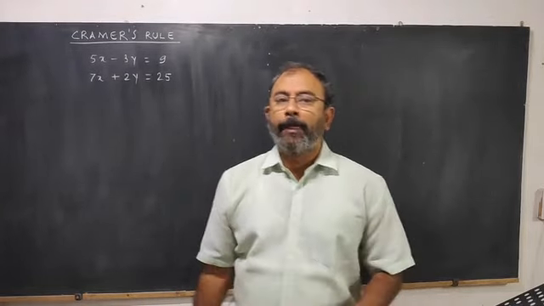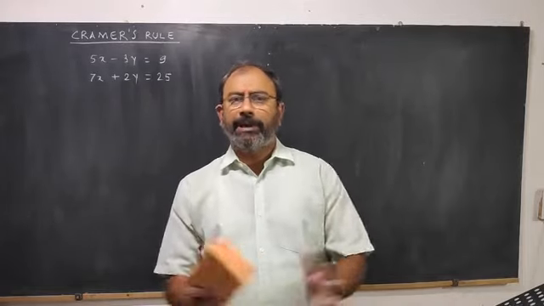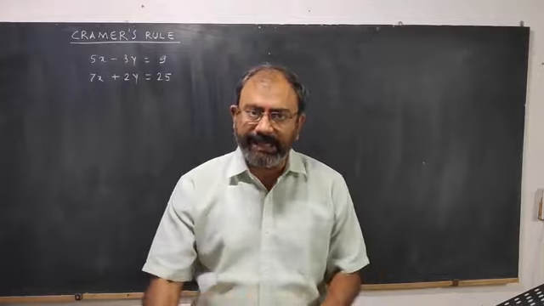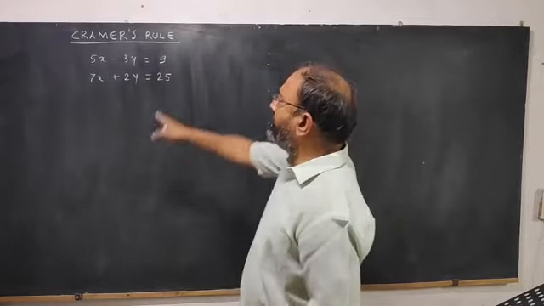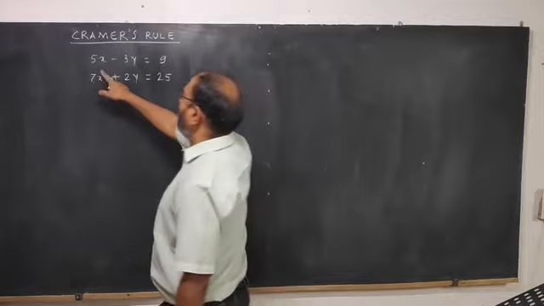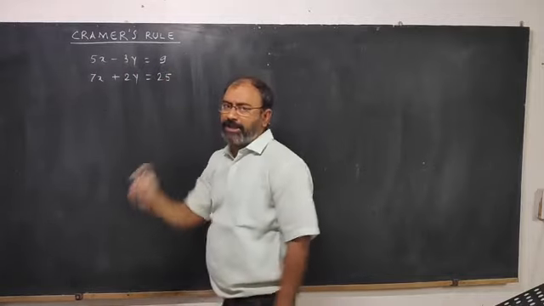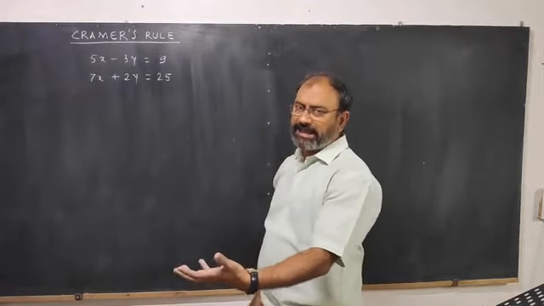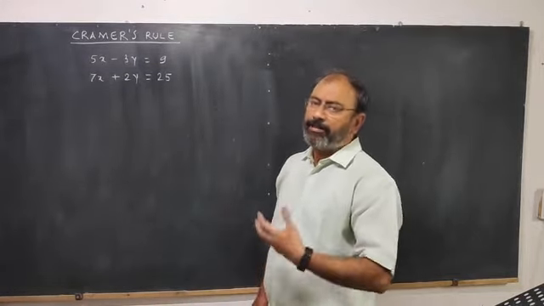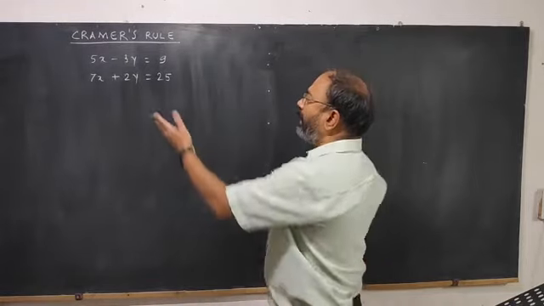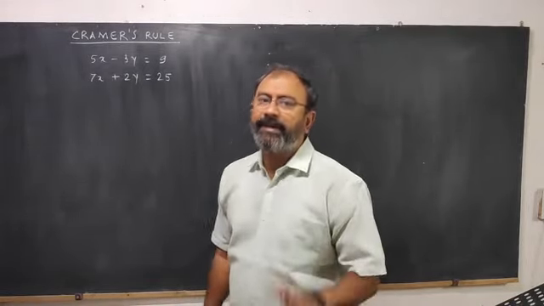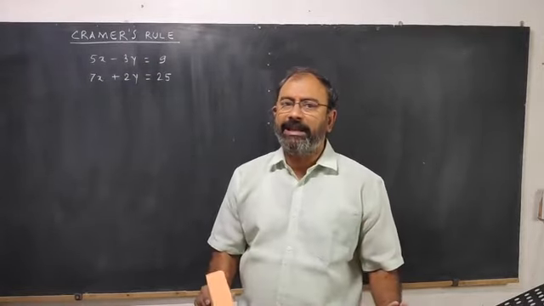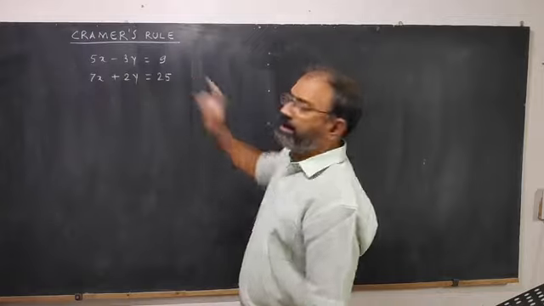Okay? Now, the equations can be given to you in a random, disturbed form. You have to rearrange the equations in this form: ax plus by equal to c. That means on the left hand side you will have terms containing the variables x and y. Normally they are x and y, but it can be a, b, p, q, anything. And on the right hand side you must have the numbers. So the first step is that you rearrange the given equations in this form.